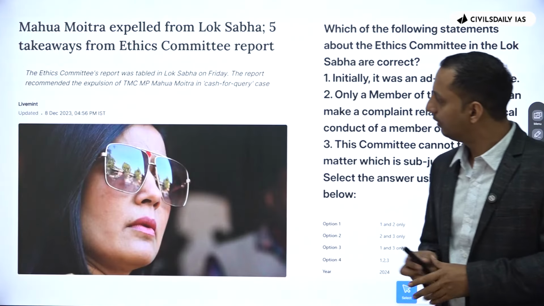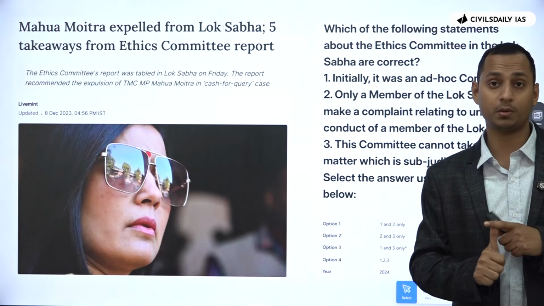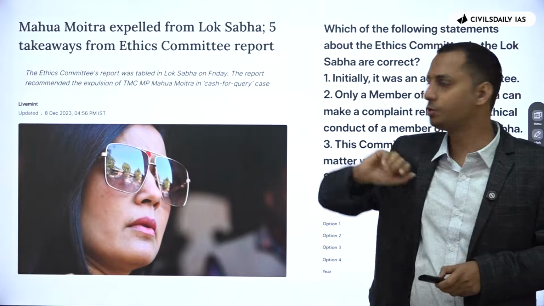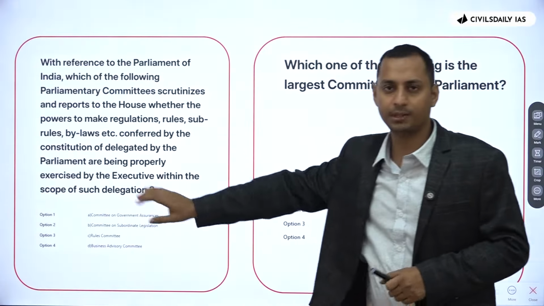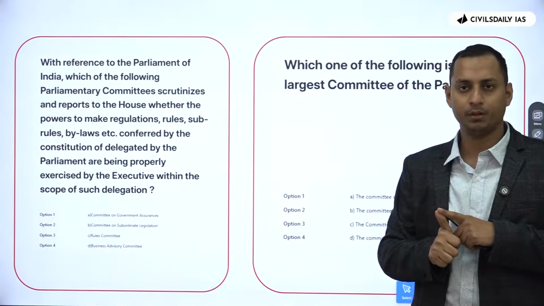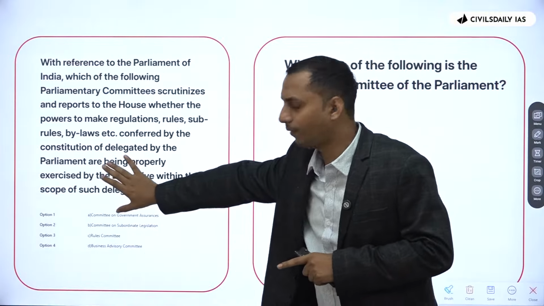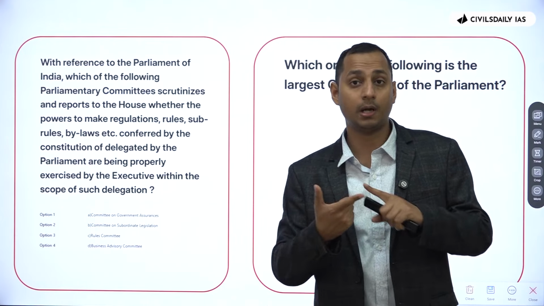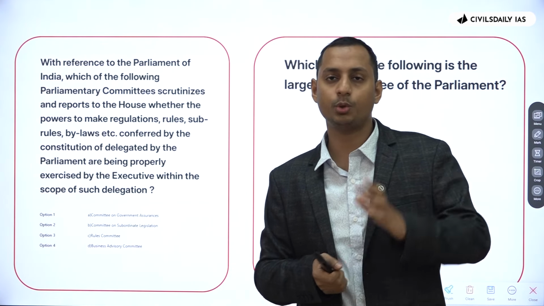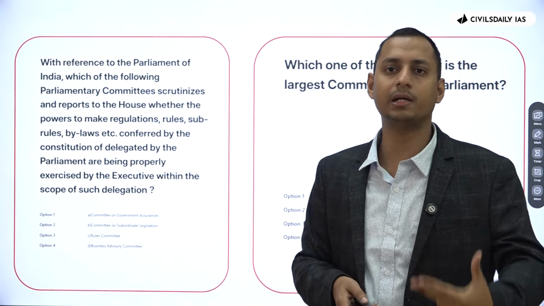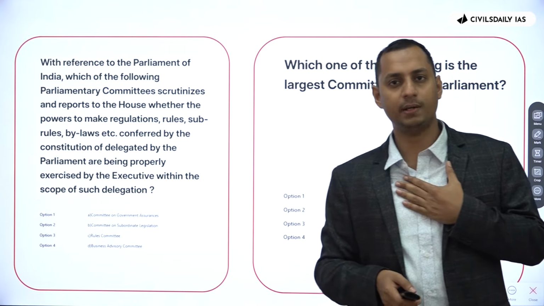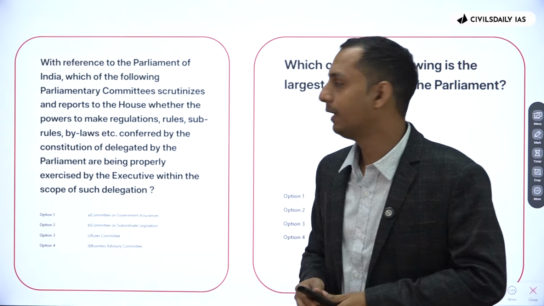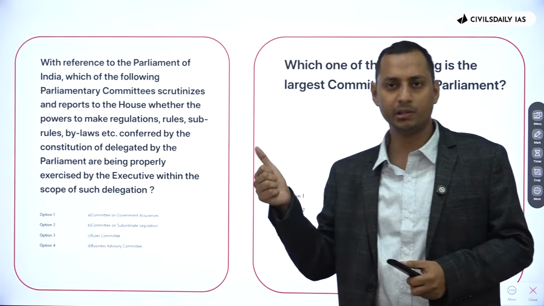Now, you must be asking, sir, then UPSC has asked a three-statement question on the Ethics Committee, right? This is because a current affairs news item was there. Usually, this is the manner in which we expect a question with respect to all the other committees. UPSC will provide a paragraph regarding the committee and expect you to identify it. But only in the case of financial committees, there is detailed information in Lakshmikanth. So we expect UPSC to ask a statement-based question with respect to financial committees and a paragraph-wise question with respect to all the other committees.